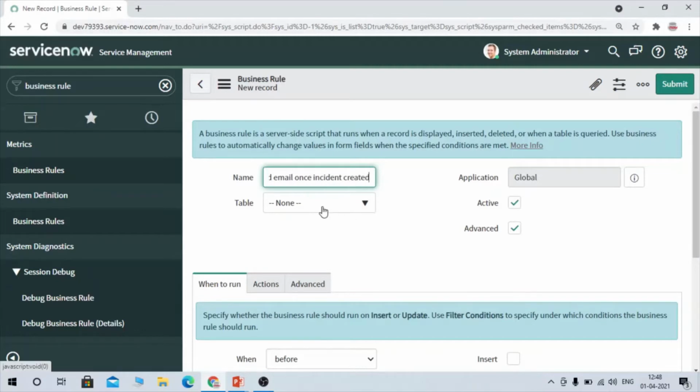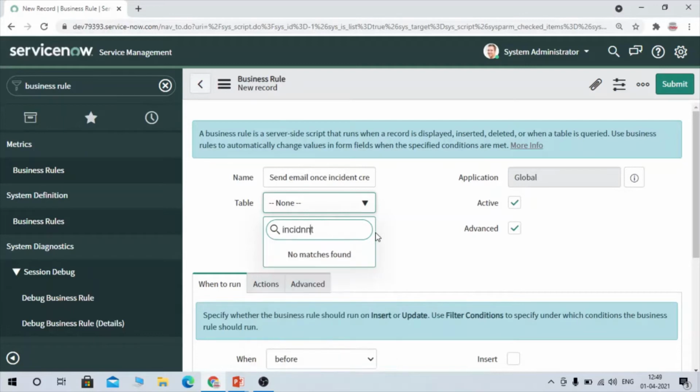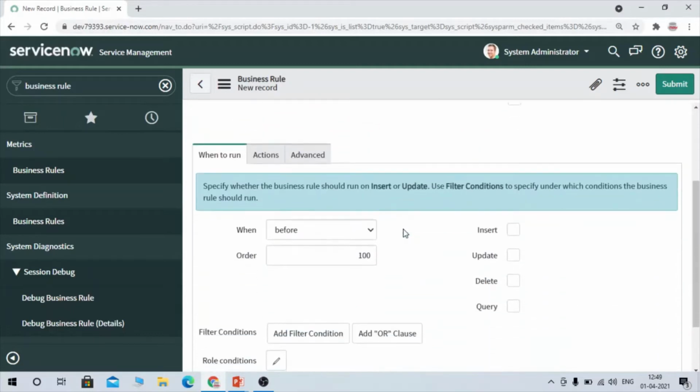Okay, and I'm selecting the table as incident table. So when we have to trigger the notification, after this incident record gets inserted into ServiceNow, right? So we need to select after insert.